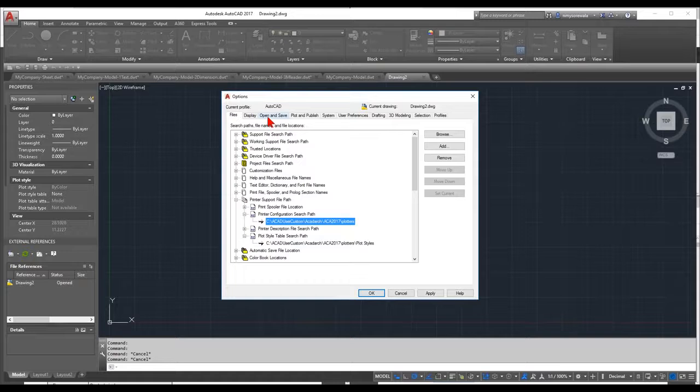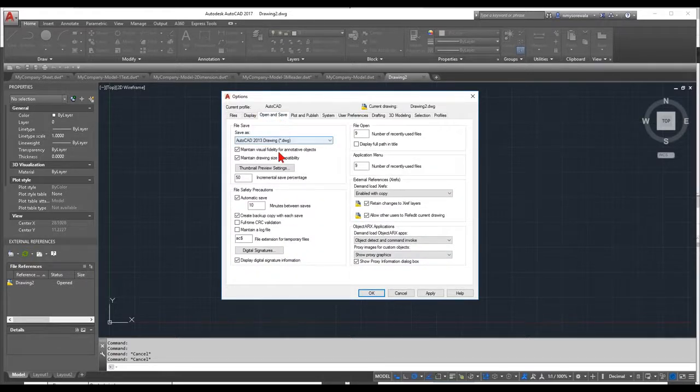Another one you want to change is under open and save. Some people like to have the visretain, which we covered in our XREF webinars, retain changes to XREF. Check that and allow other users to ref edit the current drawing. So if you're working with XREFs a lot, I would recommend that you have that setting checked. And then I also set my demand load XREF. So that's a profile-based setting